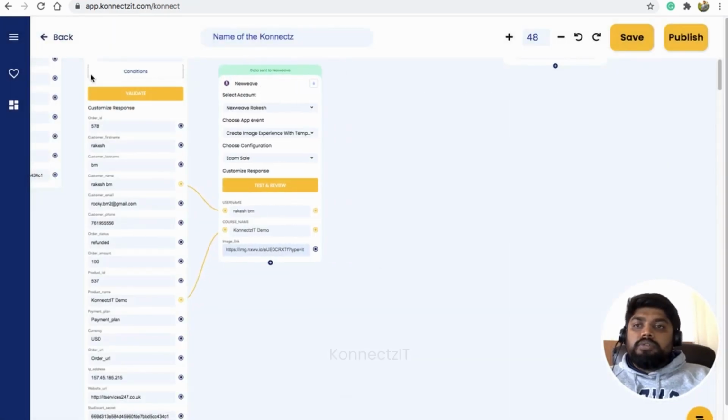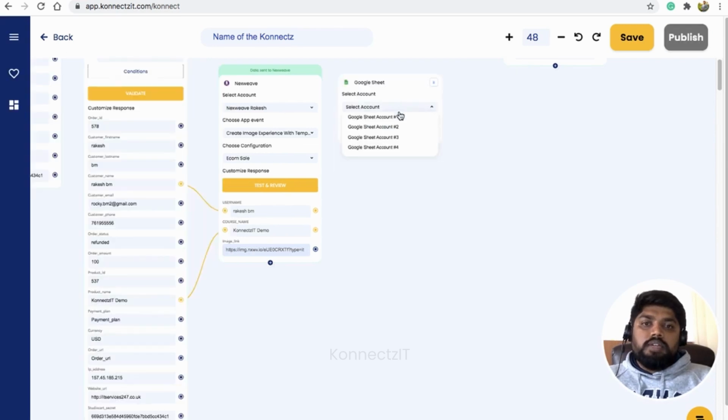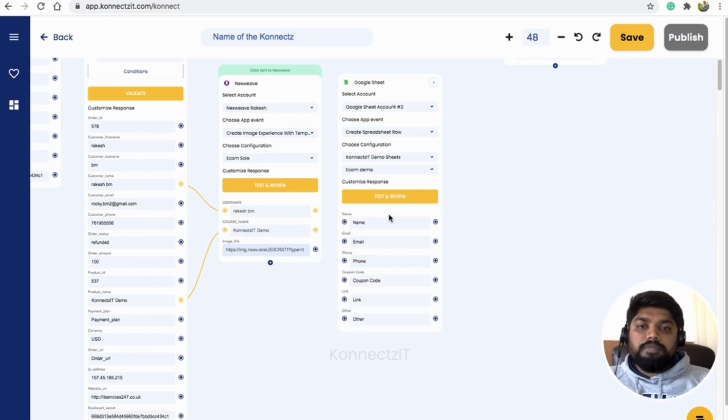Now I will use Google Sheets. I choose Google Sheets here, choose my account, choose the trigger as create spreadsheet row, and choose the spreadsheet. This time I'm going to choose Connexit demo and choose the sheet. I'll choose ecom demo, where I'll be storing all my records.